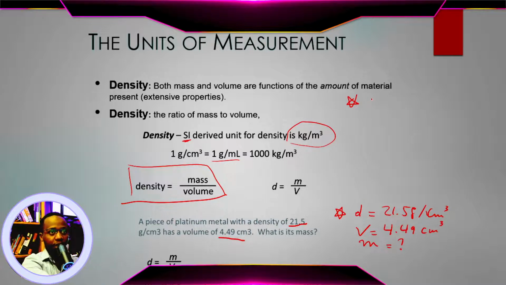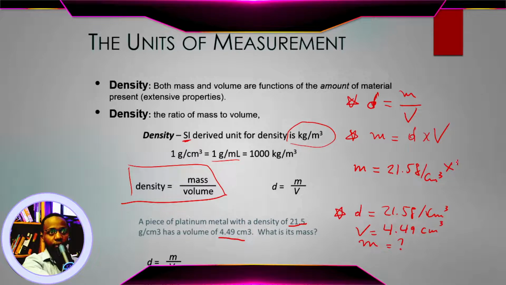Well, the formula says that the density is equal to mass over volume. Well, they are not asking for density. They gave you density. They want the mass. So we solve for the mass. We do cross multiplication, and the mass is going to be equal to density times volume, right? And all you gotta do is just now substitute. So mass is equal to, density is 21.5 grams per cubic centimeter times